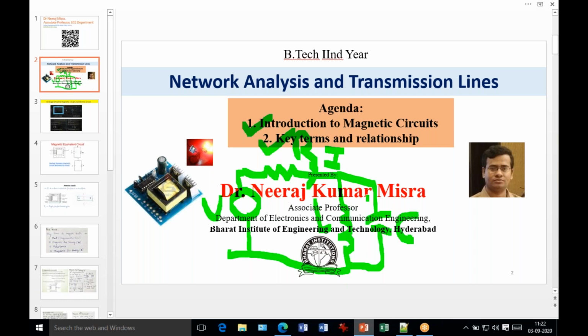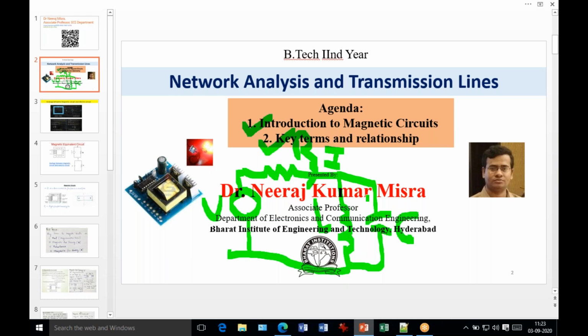Now, this is a very interesting topic for today: what are magnetic circuits? It is something different. It is not like electrical networks, where you take some series or parallel connection and connect some voltage source and some active or passive elements. Magnetic circuits are totally different. Here the terminology is different. We are not using voltage, resistor, inductor and capacitor. Here all the elements are something different.